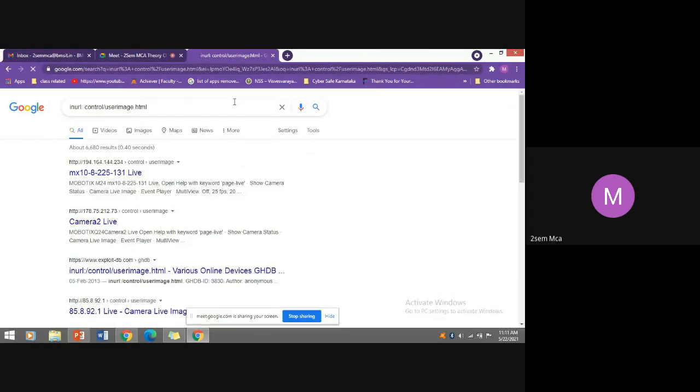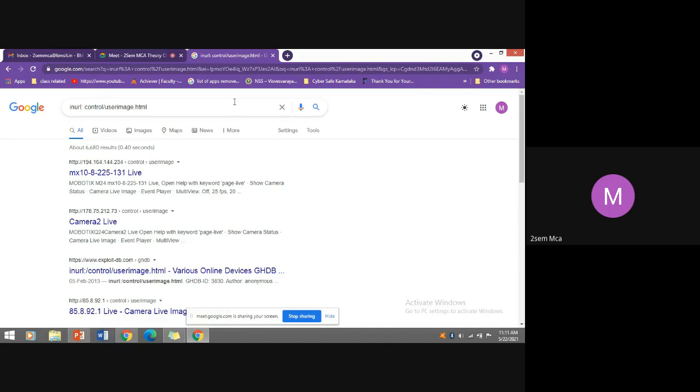It is going to locate the CCTV camera of a particular location, somewhere it was installed to monitor the activities around the camera, but these cameras are not protected with the passwords.